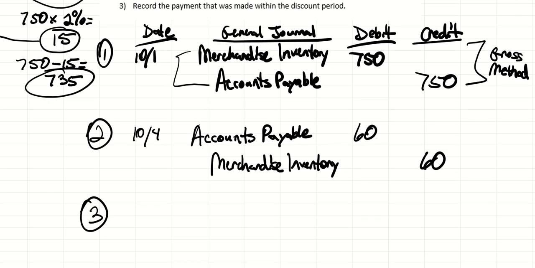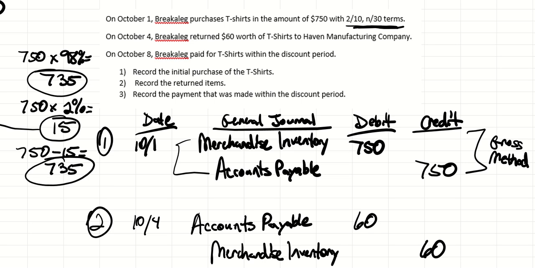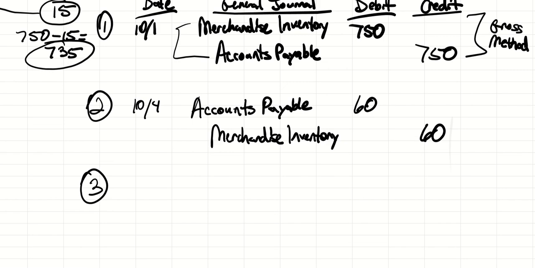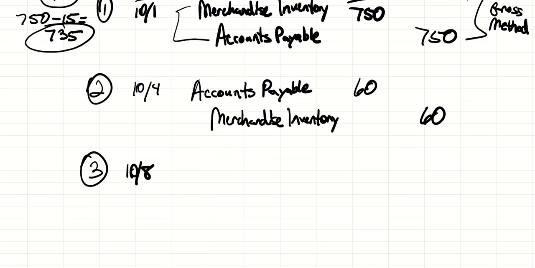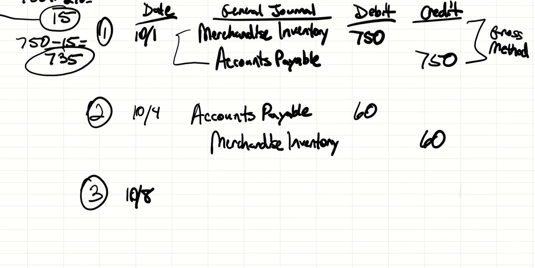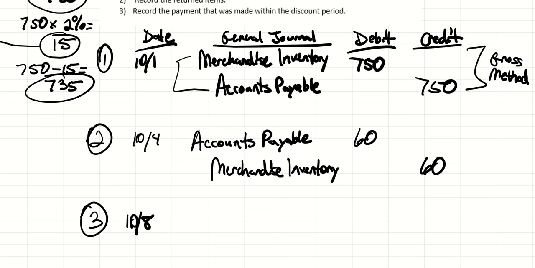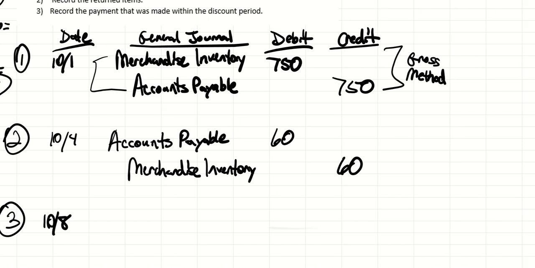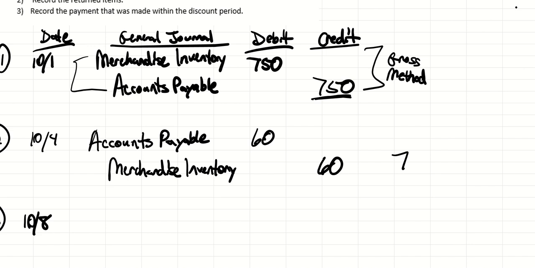Then number three, the last one. On October 8th, Break a Leg paid for the t-shirts within the discount period. Now we have to record the payment that was made within the discount period. This happened on the 8th. Payment was made within the discount period, which means we have to do a few things. The first thing we need to do is figure out what our updated accounts payable balance is. So we take our $750 and subtract out